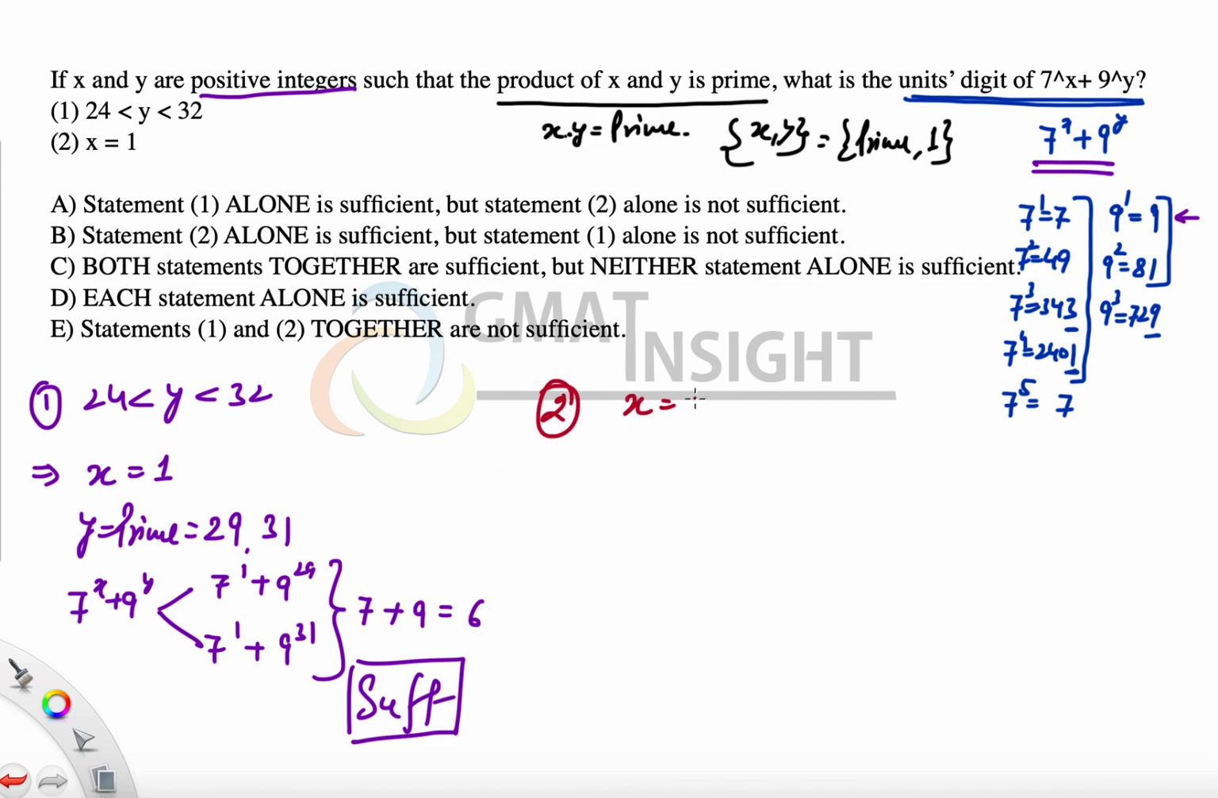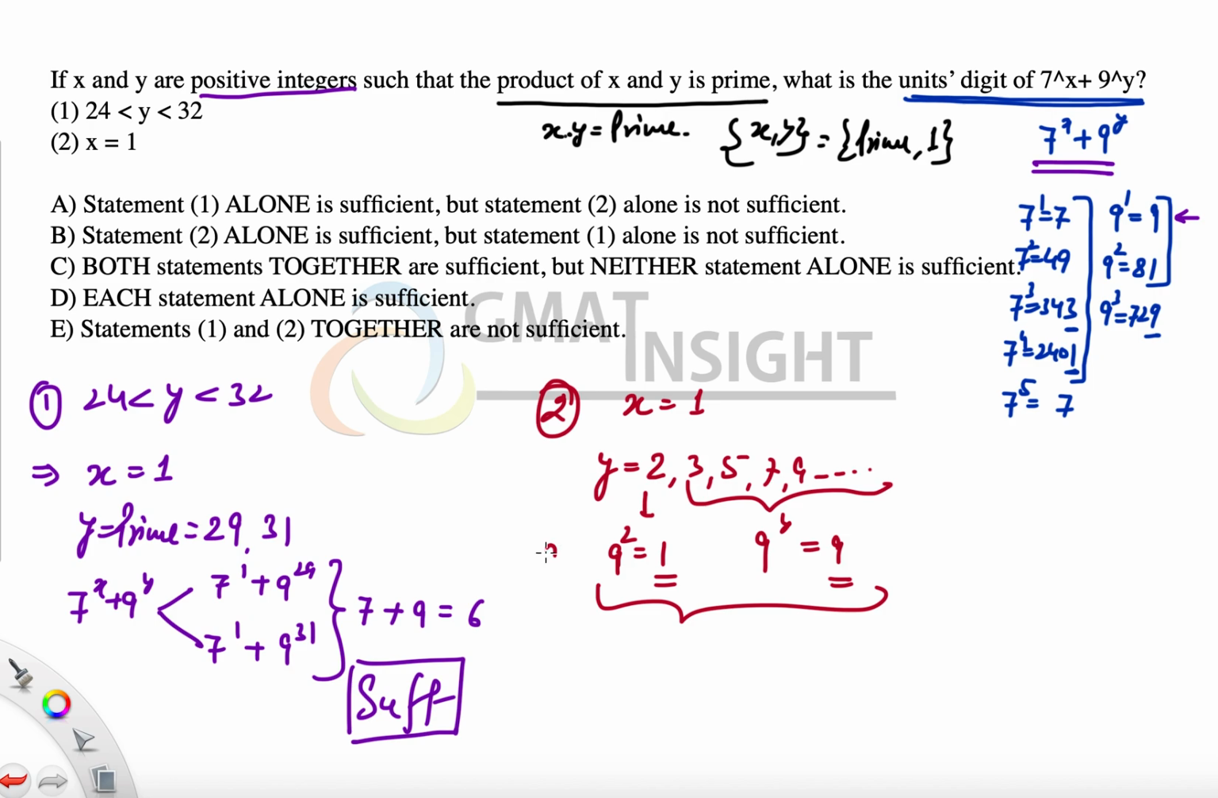Statement 2 says x equals 1. Many of us start concluding that this is not sufficient, but we should be very sure why we are saying that this statement is not sufficient. Because with a very little twist, this statement could have been sufficient. This statement is not sufficient only because y can be 2 as well. For y equal to 3, 5, 7, 9, for any other prime value of y, 9 to the power y will have the unit digit 9, but only for y equal to 2, 9 to the power 2 will have unit digit 1,